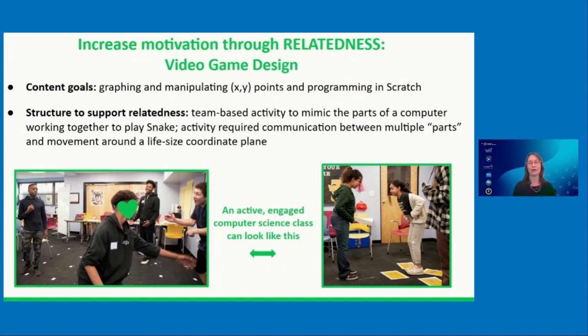So now they're really working together to do the math and figure out how are you adding these points together? What is a slope of a certain line going to do to your points? They're really working together in a really fun way to learn the principles. This also motivated the students enough that in the next session, they were able to successfully learn how to implement all of this in Scratch and actually program the game.